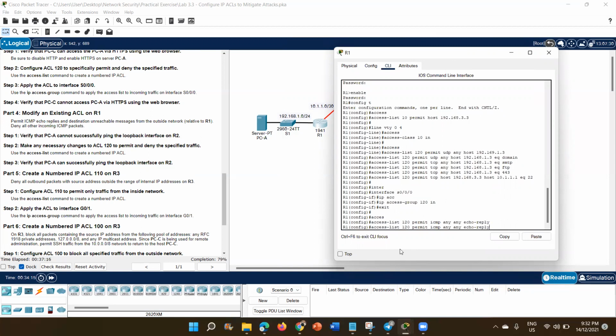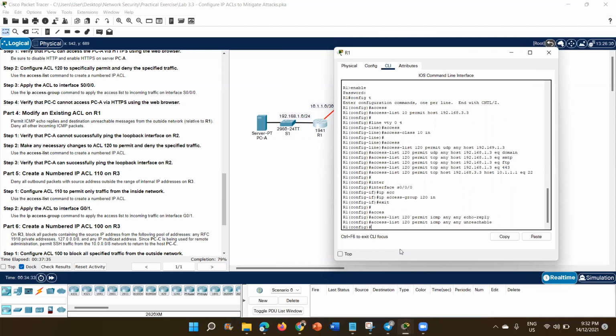So for that, access list 120 permit ICMP any, include. So access list 120